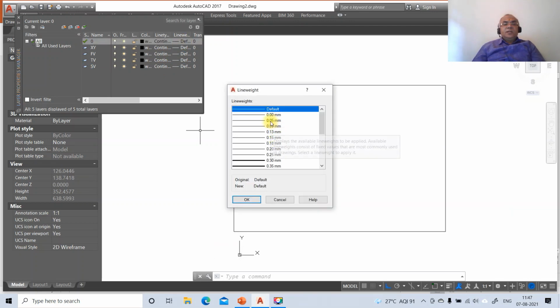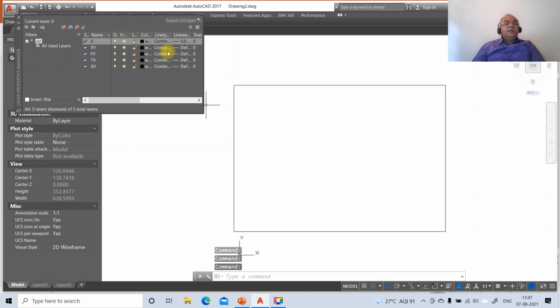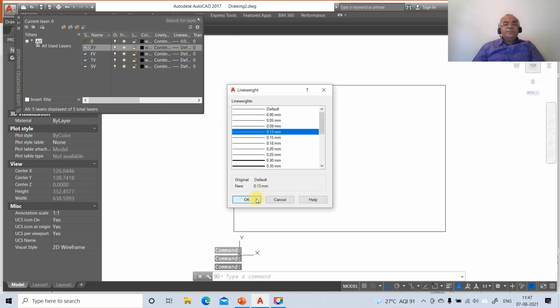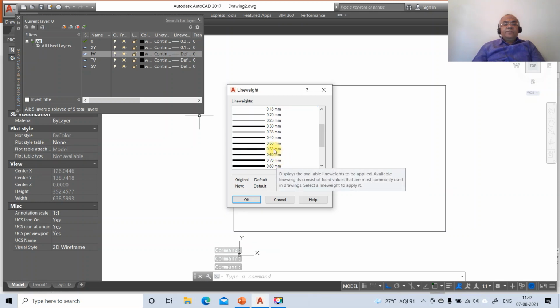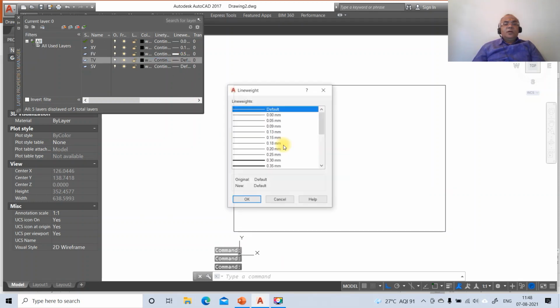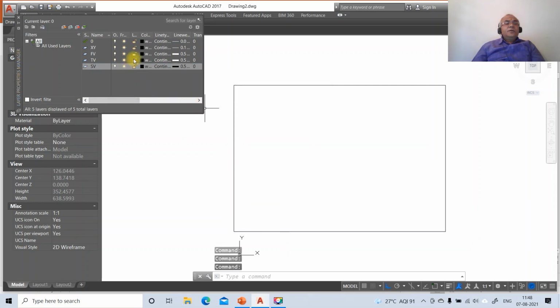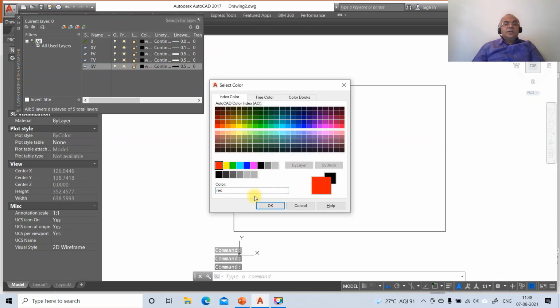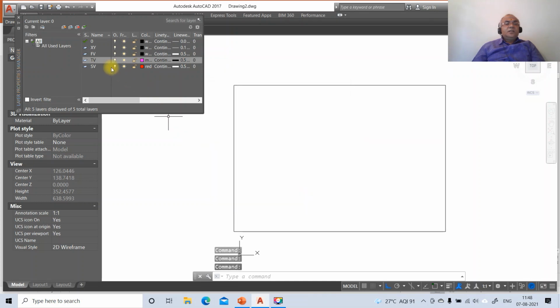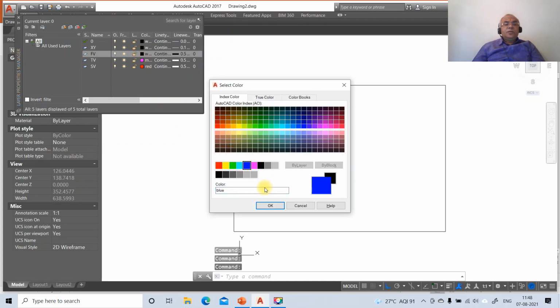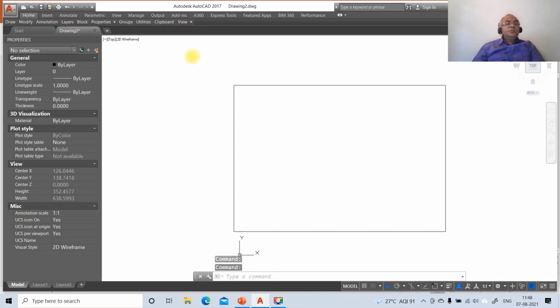Layer 0 contains the projector lines, which is 0.05, layer XY will have 0.13, and the front view, top view and side view will each have 0.5. Then go to side view, click on red color, the top view will be assigned the magenta color and the front view the blue color. Say OK, and now you close this.